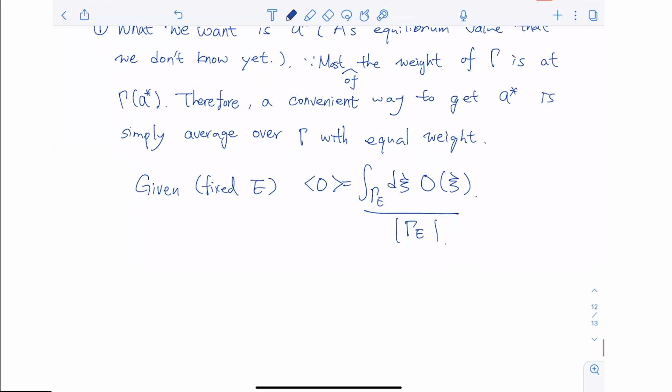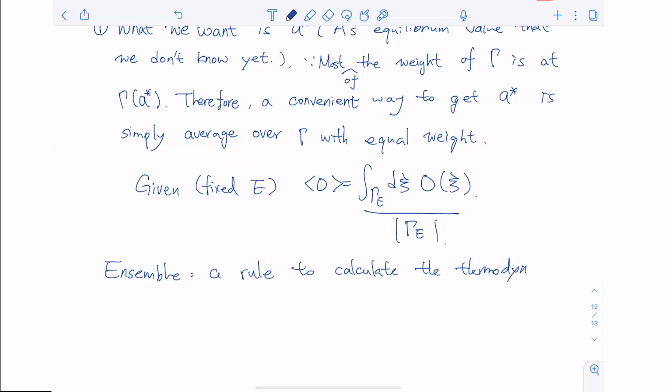And here you can see what ensemble means. Ensemble actually means a rule to calculate the thermodynamic